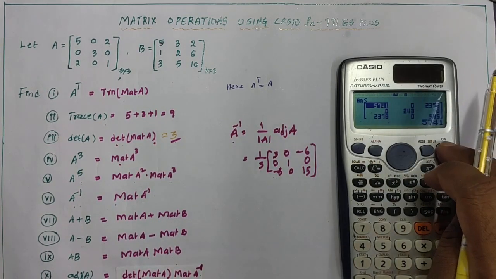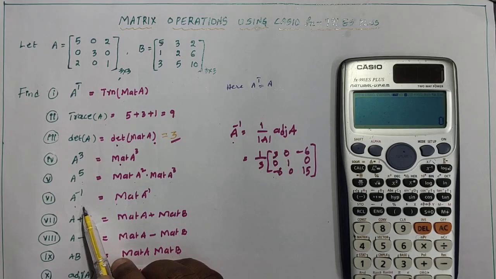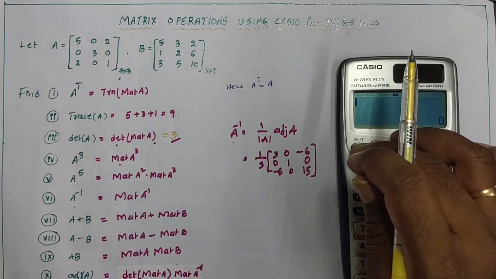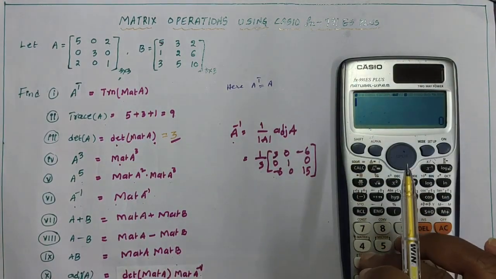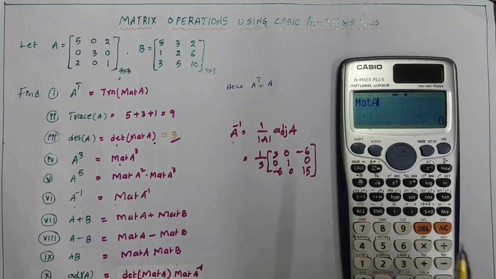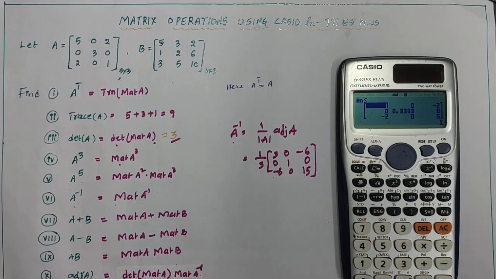Now we are finding the elements of A inverse. The syntax for A inverse is Mat A inverse. In this calculator I am typing the Mat A inverse. Now I am going to the matrix operation by pressing Shift and button number 4. Third one is Mat A, then x inverse, Mat A inverse. On the screen we got the Mat A inverse. Now I am pressing equal. Here these are the elements of A inverse.